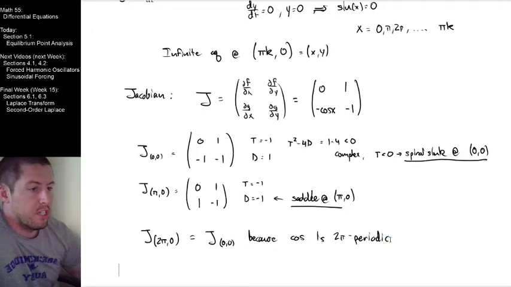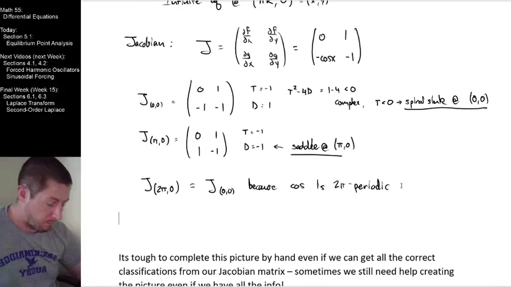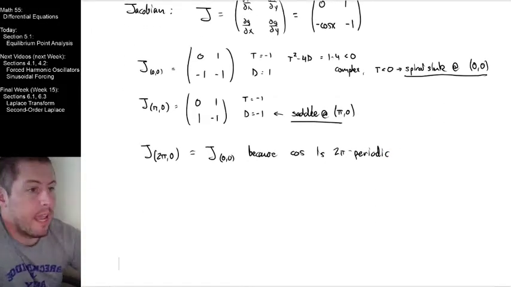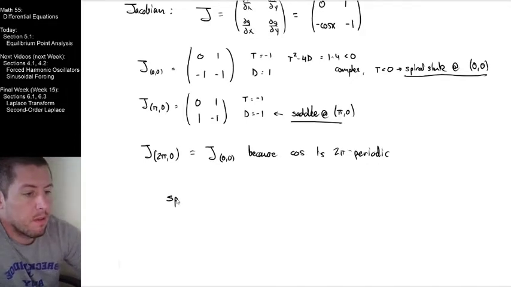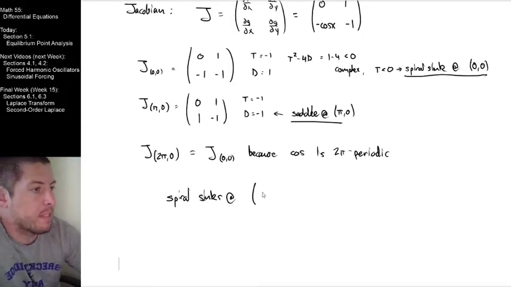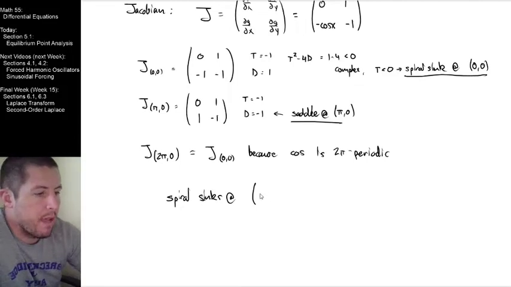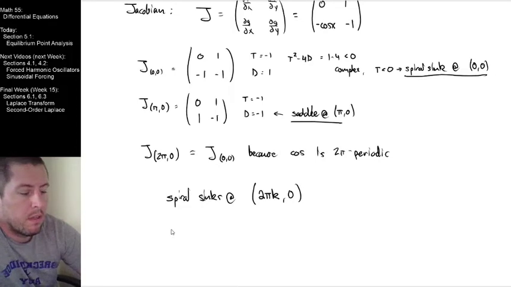So I think that I can generalize this as saying we're going to get spiral sinks at, and what are we saying here? It's going to be at 0 and then 2 pi and then 4 pi. So I might call this 2 pi k, 0. And we're going to get a saddle